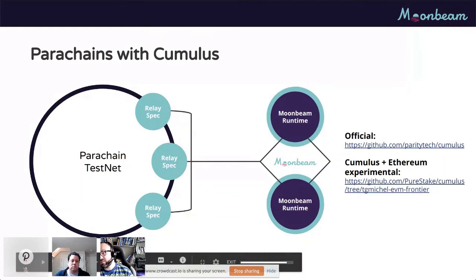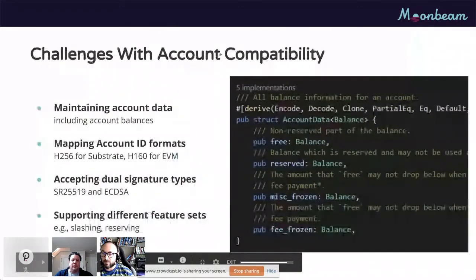Of course, this is not production ready. This is just an experimental test, but definitely a first step to showcase that Cumulus and Moonbeam in its current status are able to offer Web3 compatibility and also the ability of executing smart contracts in a Parachain context. And for me, that will be it. So I pass it to Alan, I think.